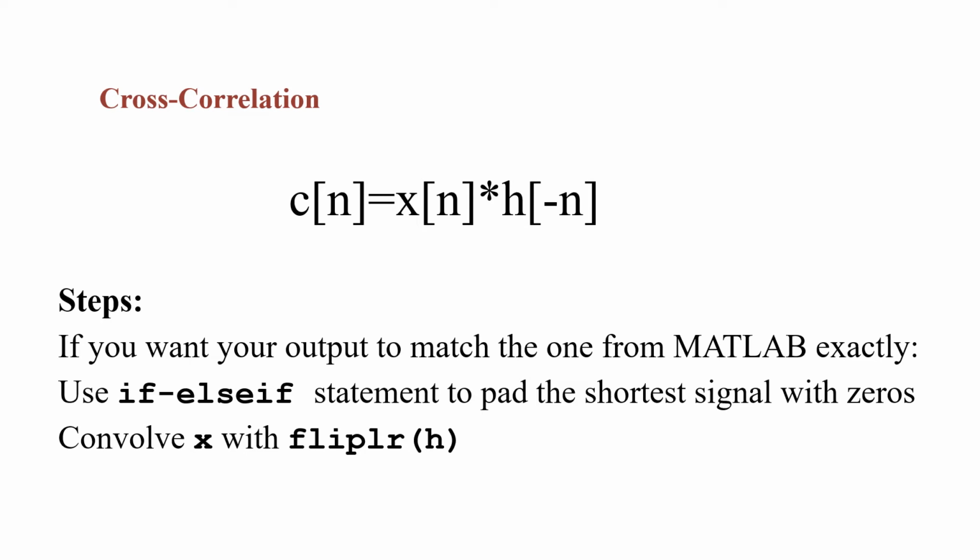We earlier learned that the cross correlation between x and h is defined as the convolution between x and flip LR h, or the flipped version of h. So let's now think about how we can implement this using MATLAB, or how can we write the function definition